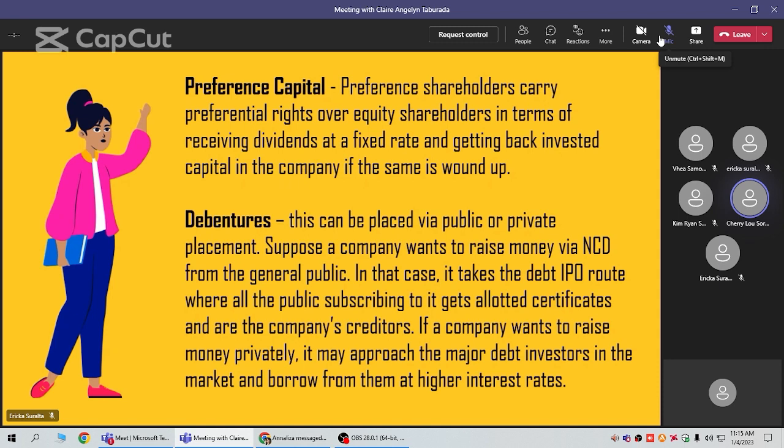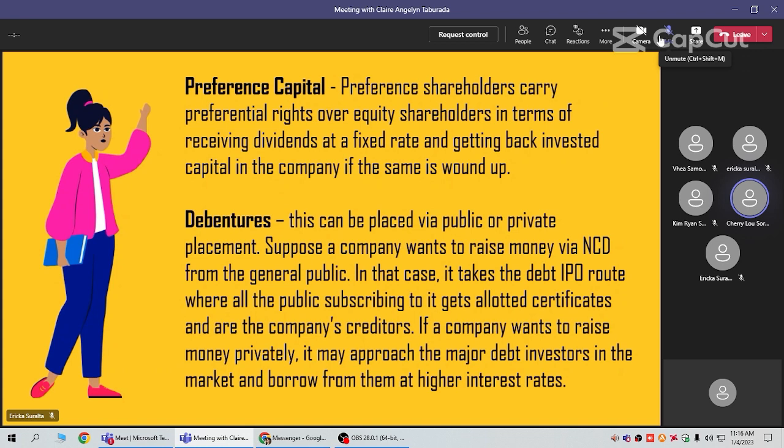So it is a loan taken from the public by issuing debenture certificates under the company's common seal. Debentures can be placed via public or private placement. Suppose a company wants to raise money via NCD from the general public. So NCD means non-convertible debentures. In that case, it takes the debt IPO route where all the public subscribing to it gets allotted certificates and are the